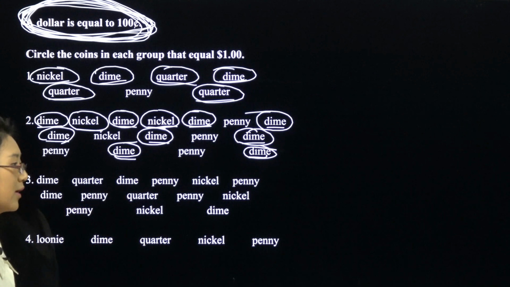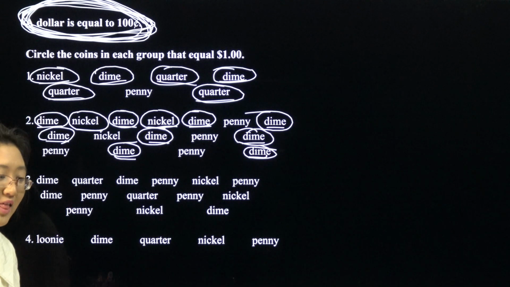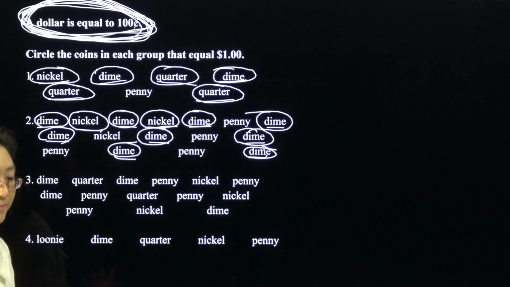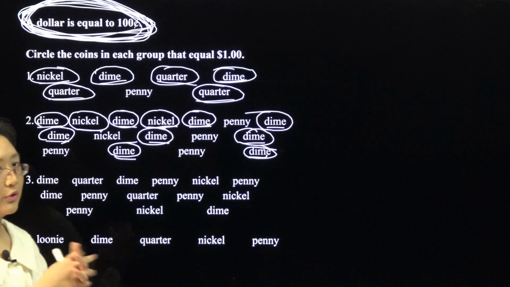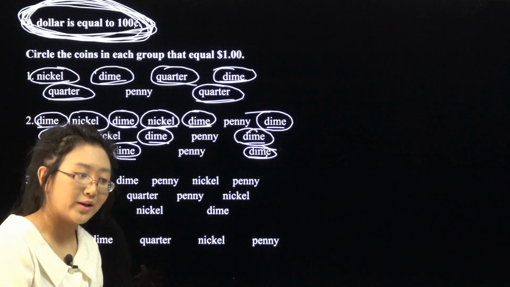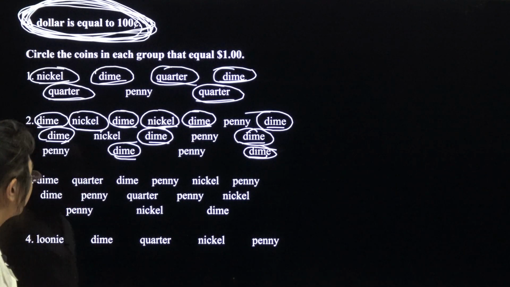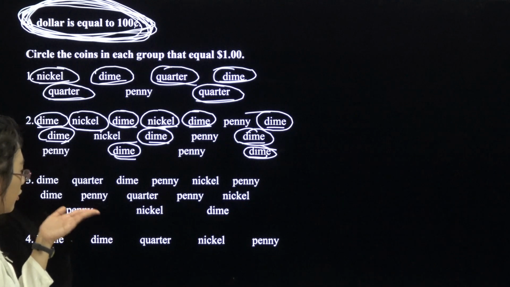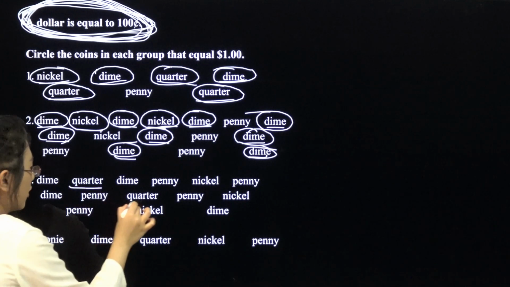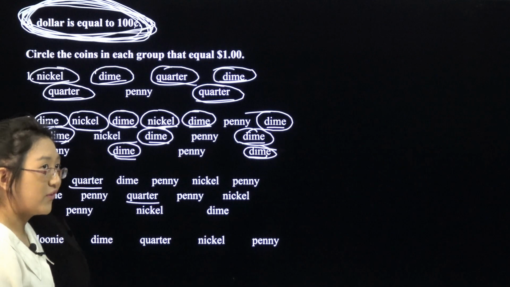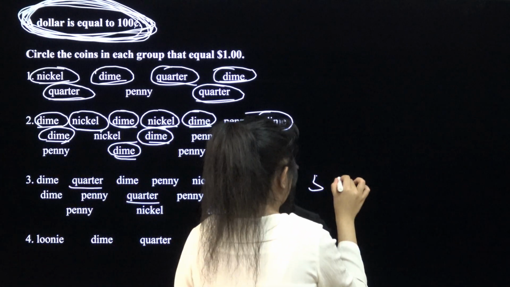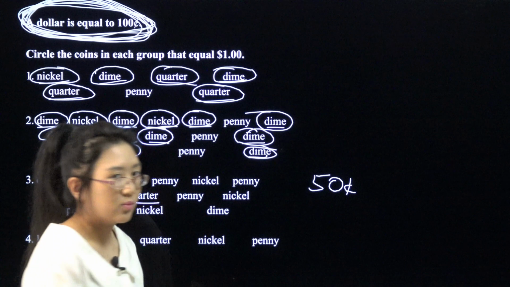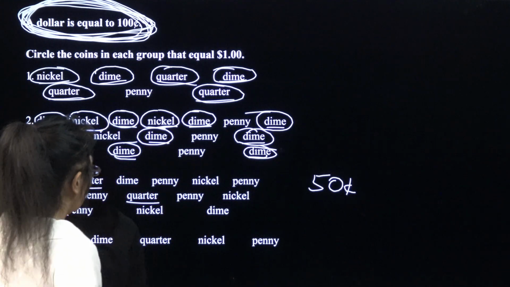Usually, in coins, you want to fill up your number of coins the least. So you want the least amount of coins. And to do that, you will need high value coins, so coins that are worth a lot. In this case, the highest value coin is the quarter. So we have 2 quarters. That's 50 cents. Now we need to make 50 cents because 100 minus 50 is 50 with the rest of